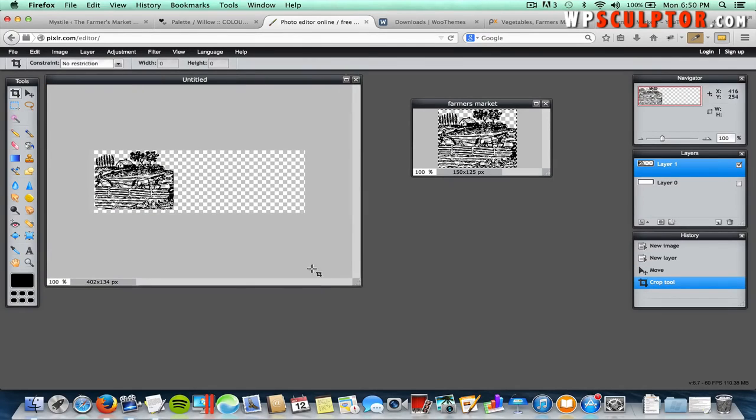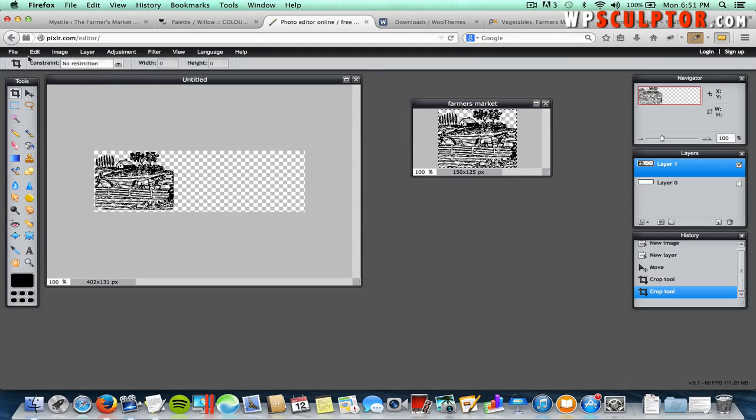And now we have a nice canvas set up, so we'll be able to add text. And actually I'm going to crop a little bit more off the bottom. Crop tool still selected, click, hold, and drag, and then I'm going to move that up. Crop that, there we go. Now I can put text on this section using this other online application we're going to use, but first we